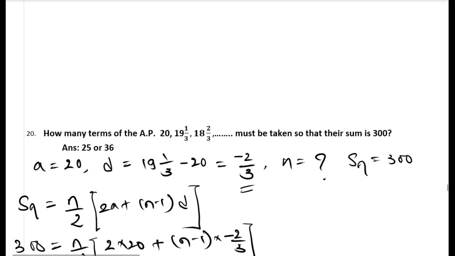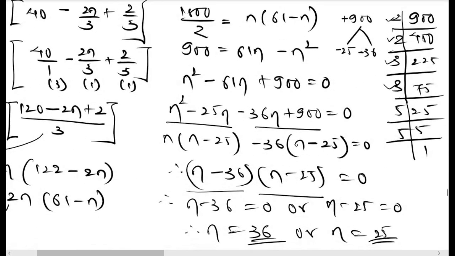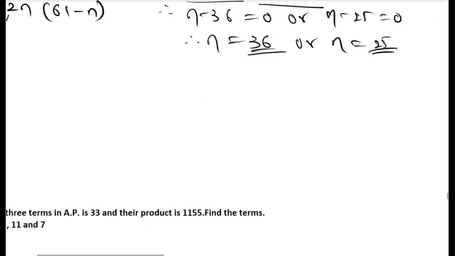See, because this AP is a reducing AP. The value of the AP is getting reduced as you move ahead. So there will be two instances where the sum will be 300, because there are negative numbers also coming up in this sequence. So what you will write? You will write that therefore the sum of 36 terms is equal to the sum of 25 terms is equal to 300.